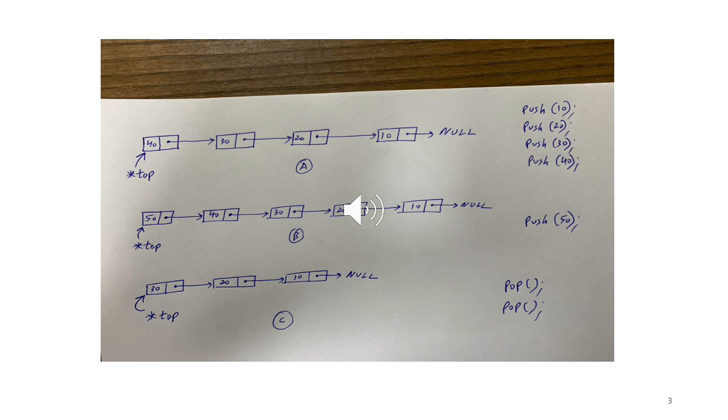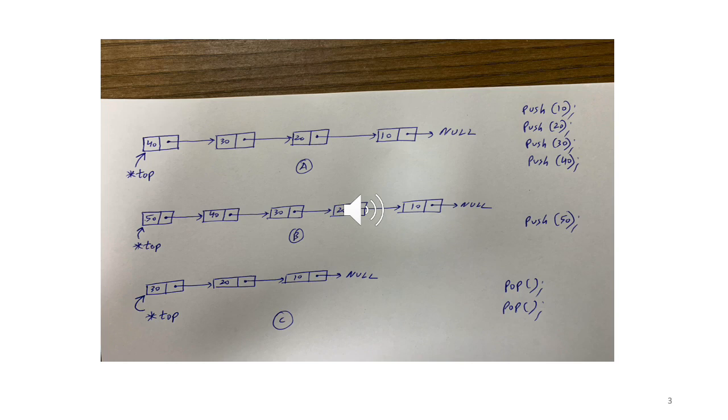Now we see for the B part, push 50. Again, the size of the stack will grow. You'll see that size is growing at one end, and the right side is sealed. The node with 10 is pointing to null, so there are no operations at that side. Adding 50, we reserve memory, change top to point to 50, and then we also have to make the node with 50 point to the node with 40. These are some of the operations we have to do when we add. We'll soon see that in the code.